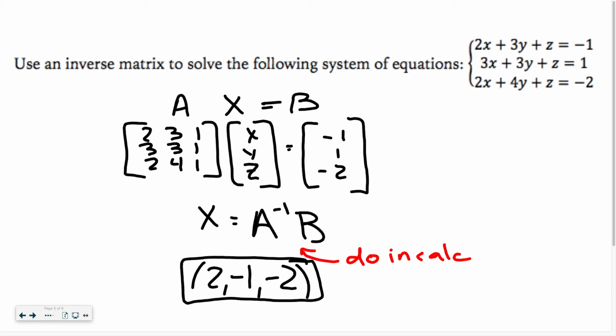Does anybody have any questions? Okay, do you have any questions on your homework assignment from Friday? The multiplication